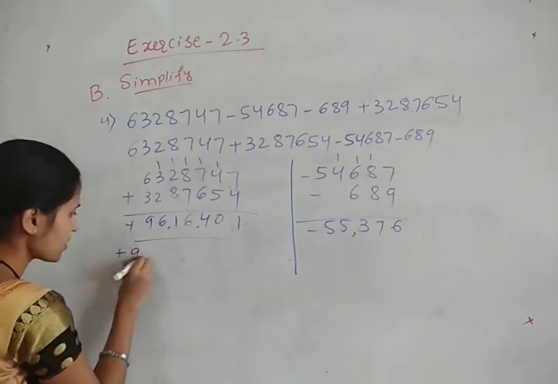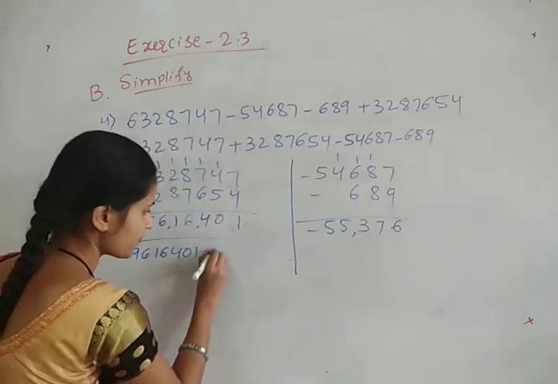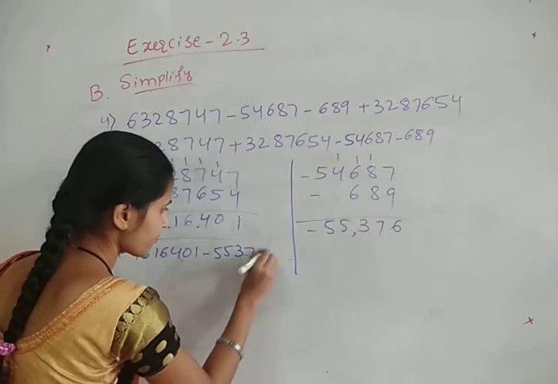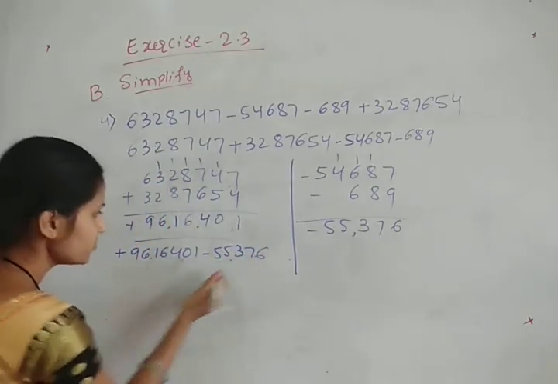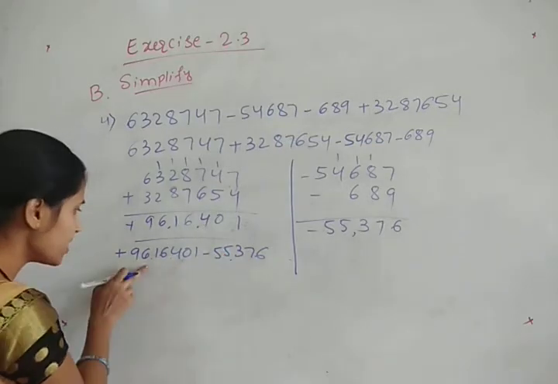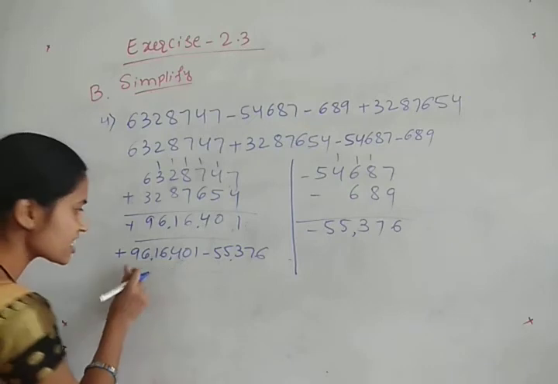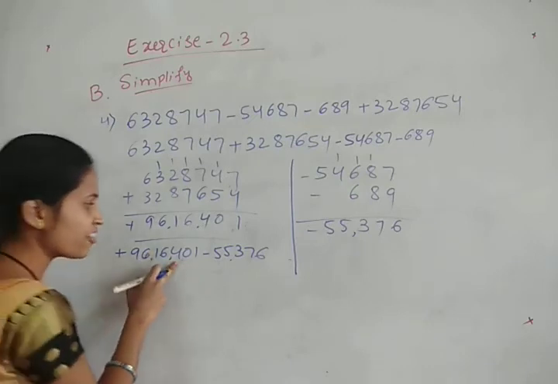I will write like this. So it is the same as the previous problem only. Okay. So like this I will write. But you can see here, this one is 55,376, but it is 96,16,401. This one is bigger. Okay. From this number, now I will subtract this